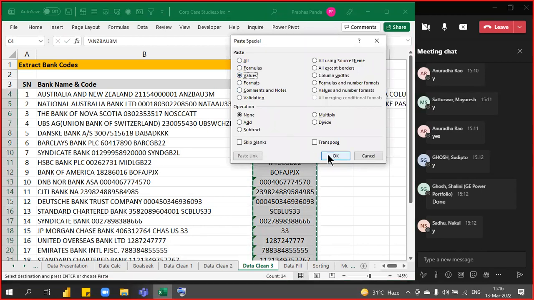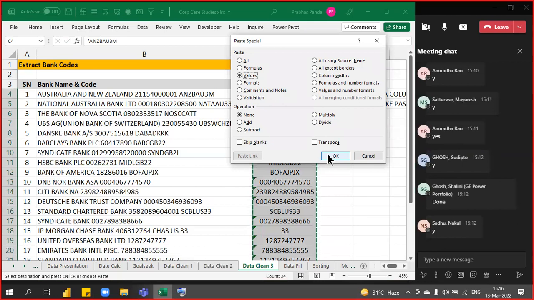Is it really necessary? Is it mandatory? Yes. The reason I say it is mandatory is that if you do not go for this option, then the Flash Fill data you have extracted and saved in your file, tomorrow when you try to reopen it, the data may get diluted or changed automatically. So to safeguard our Flash Fill data, you must go for copy, Paste Special Values